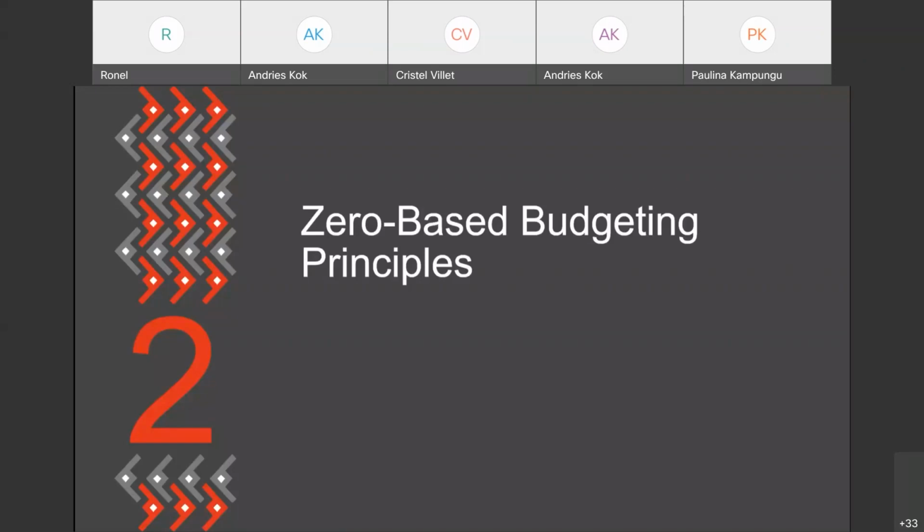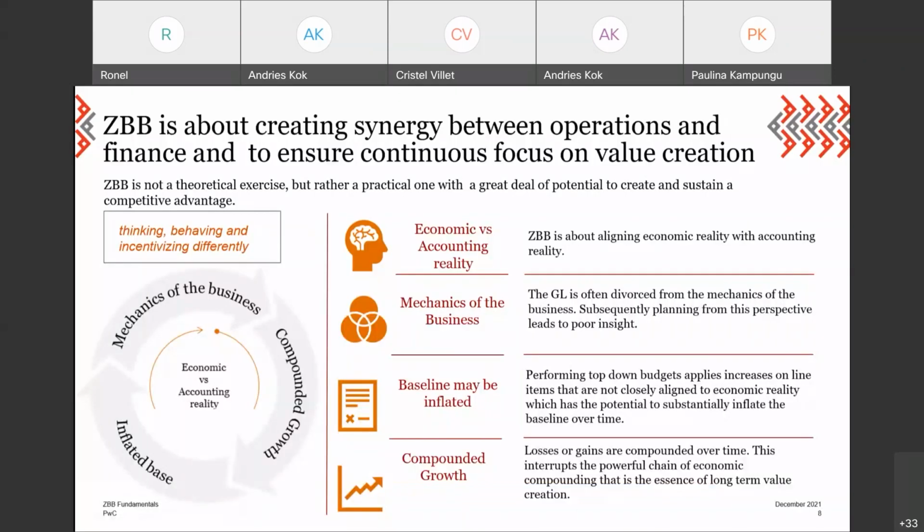Okay, so now we'll get into zero-based budgeting principles. So that takes care of the top-down strategic lens. Now, what zero-based budgeting really is in practice and how to apply this. What you really want to do fundamentally is remove inefficiencies and not project them forward over time. Like Ronel mentioned, it's not about starting from scratch. It's about taking a data-led approach, removing inefficiencies from your costs, or whatever the case may be, and not projecting them forward over time. A way of saying this is you can connect your accounting with your economic reality.